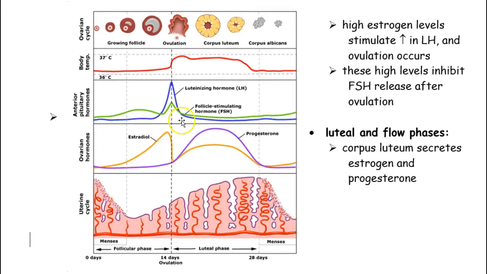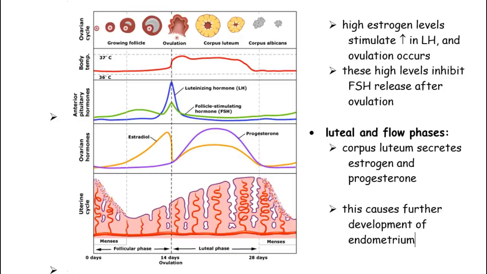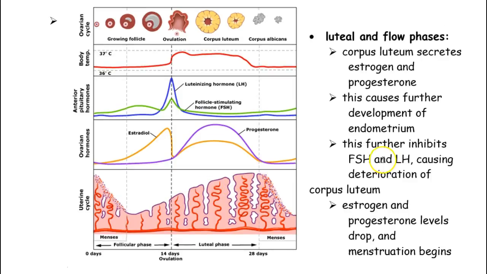As I mentioned, once ovulation happens on day 14, our corpus luteum is going to secrete some estrogen and some progesterone, and that is going to cause further development of the endometrium. The release of estrogen and progesterone is going to have the effect of further inhibiting the FSH and LH, and that's going to cause